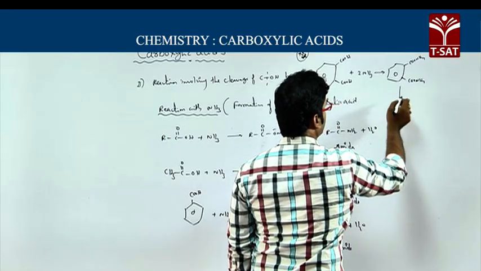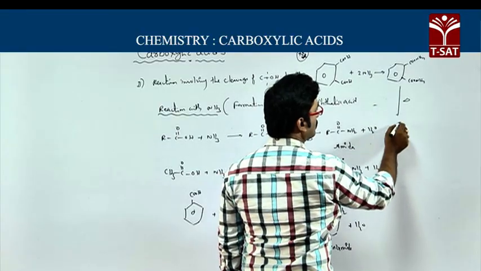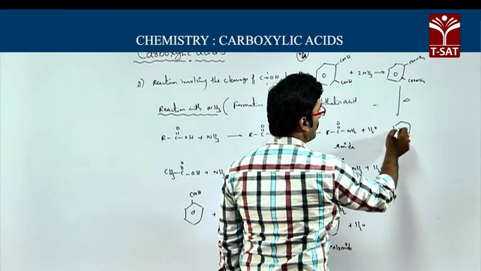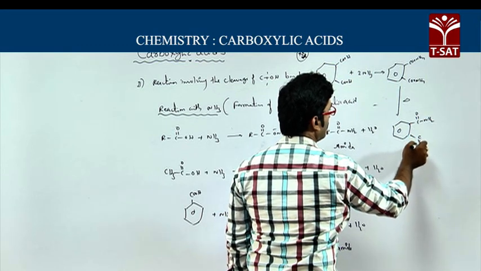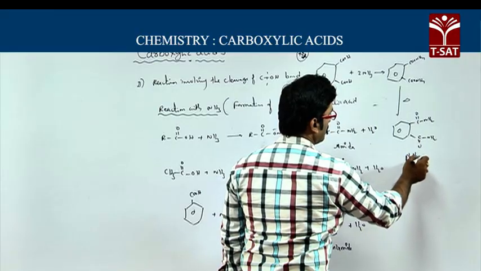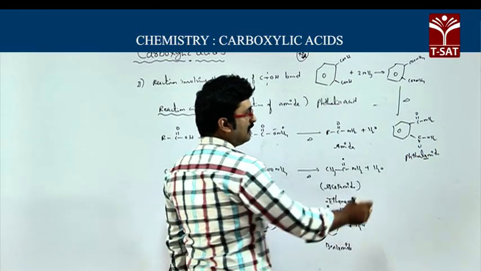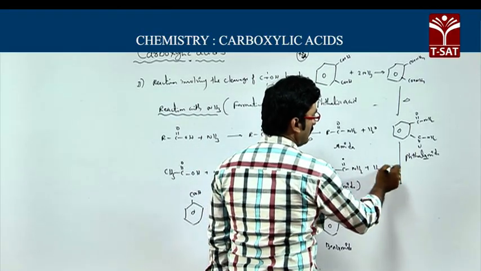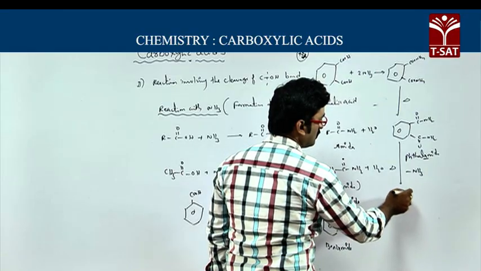When it is heated, it loses water molecules, and you will get C double bond O NH2, C double bond O NH2. This is called phthalamide. This phthalamide on further heating loses ammonia, and you will get